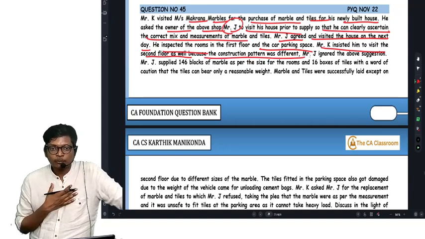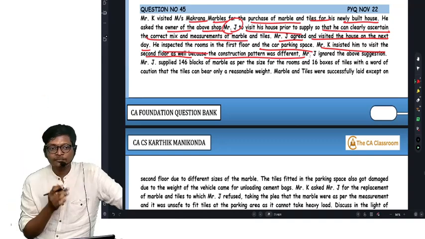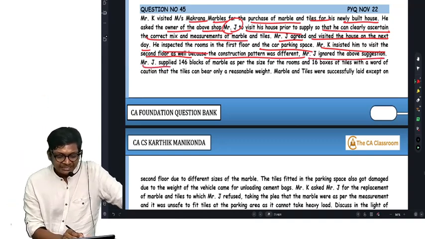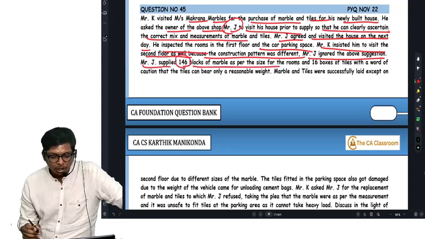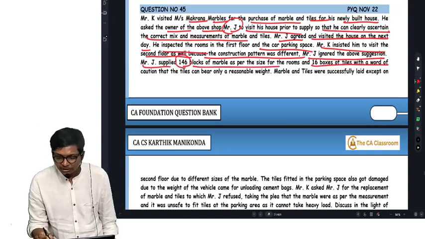So the marble shop owner came, saw the car park and the ground floor. K told him to come and see the second floor, but he said no, it's not necessary. J ignored the above suggestion. J supplied 146 blocks of marble for the size of the rooms and 16 boxes of tiles,